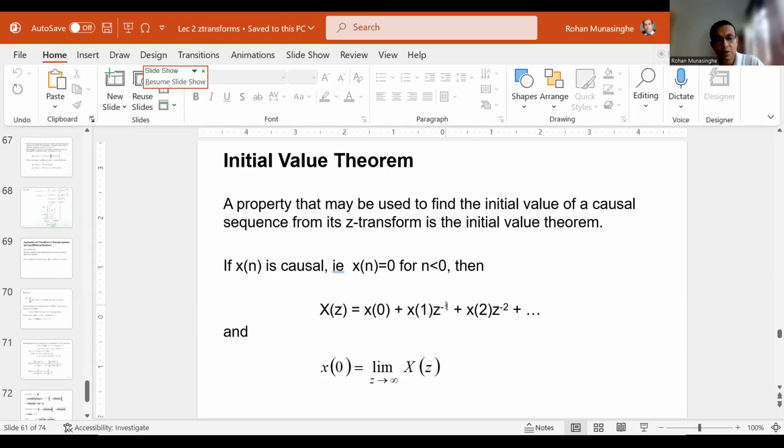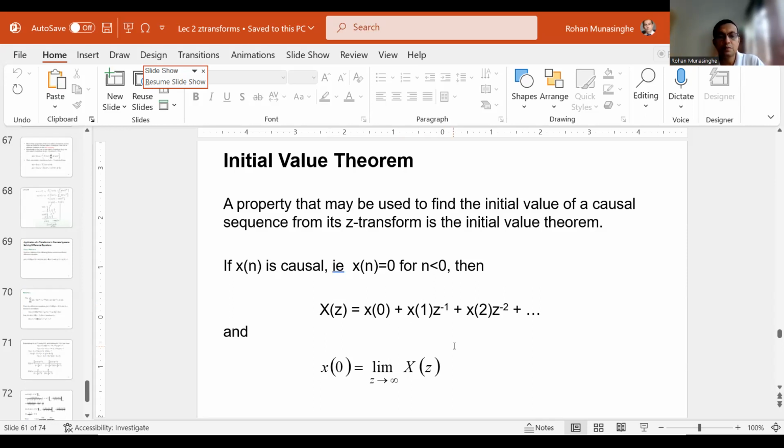And then right hand side, what you remain with is only x0, that is the initial value of the function. Okay, so without ever having to inversely transform from z to time, by the simple trick of taking limit of z goes to infinity, you can calculate the initial value x0. All right,